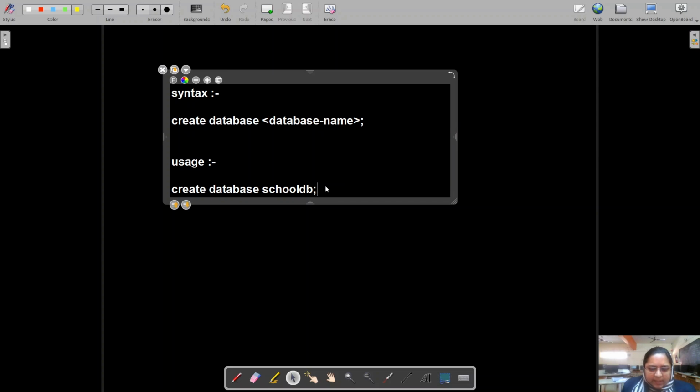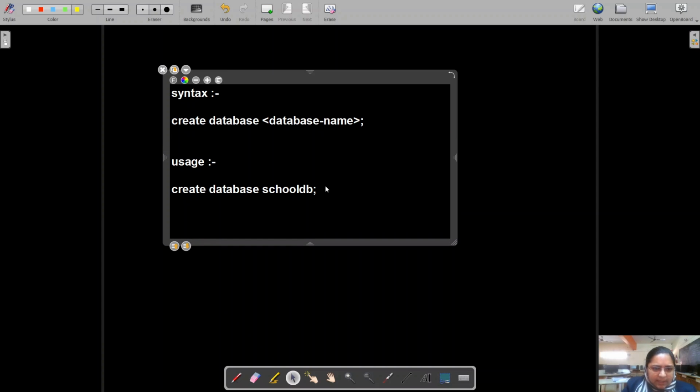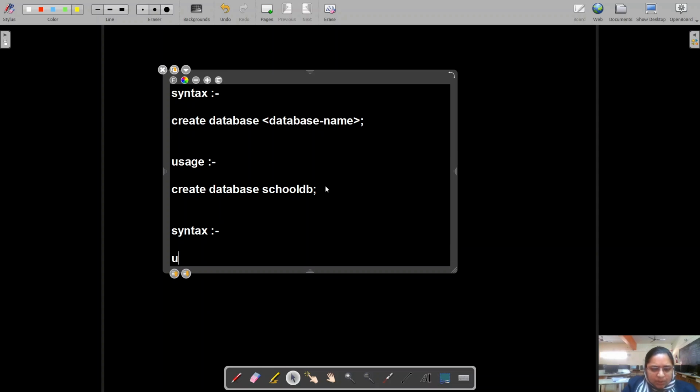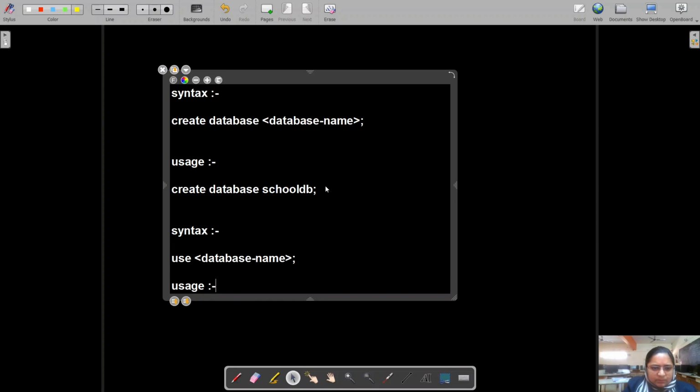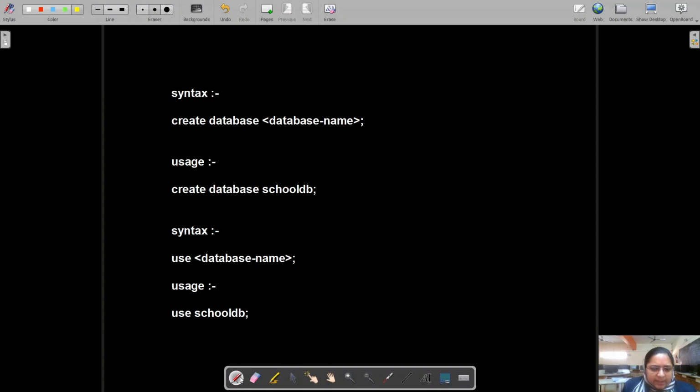So we create the database, and once we create the database we also need to use the database. Its syntax is use database name. Usage: use. So here we create the database and here we use the database.